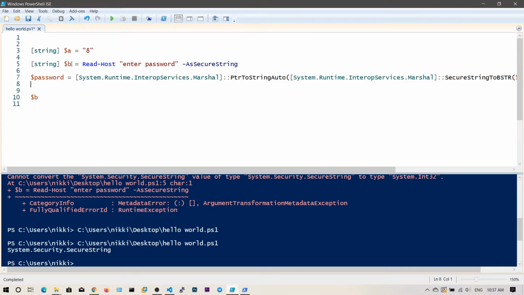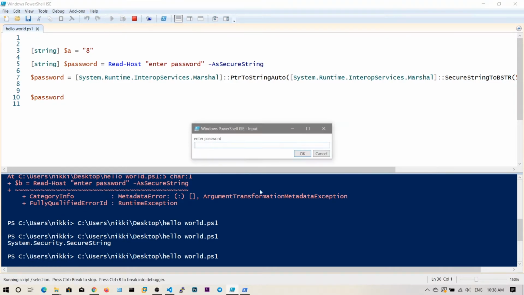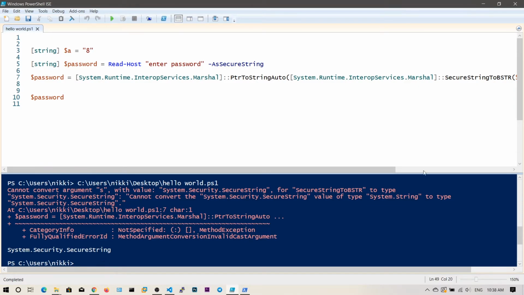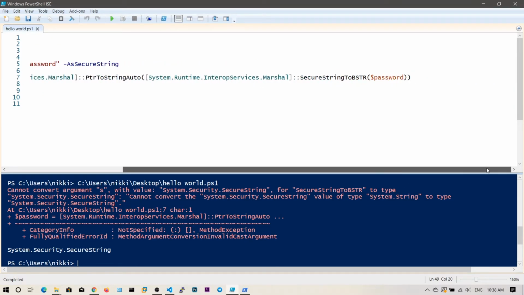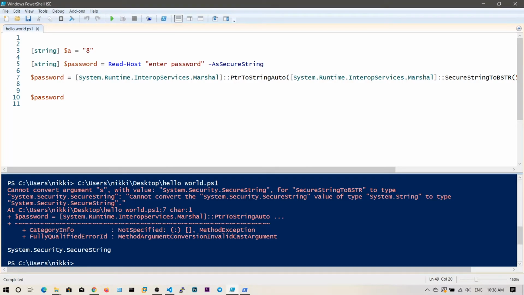So instead of password, let's change this b to password, or you can also change this password to b. Now let's run this. Let's enter Nikhil, NIKHIL. Now if you click OK, it's saying cannot convert argument with value System to SecureStringToBSTR. So let's delete this one, because we do not want this as a string, right?